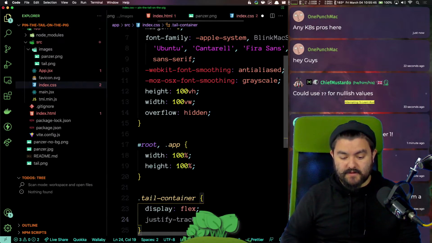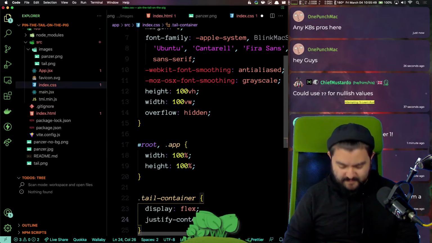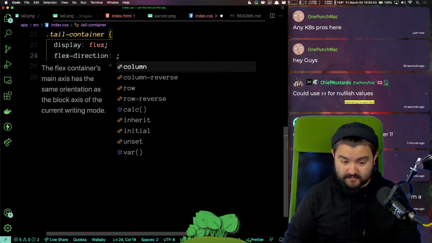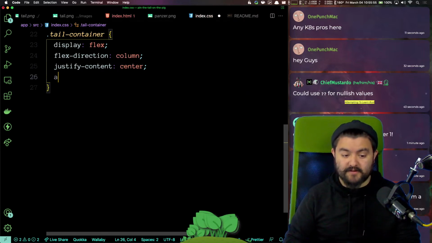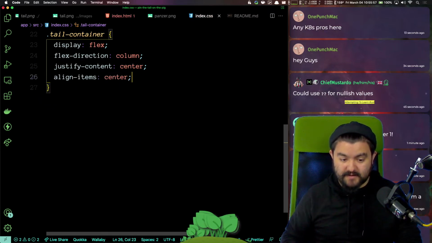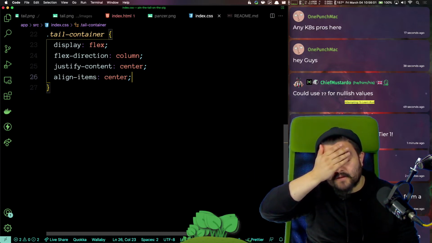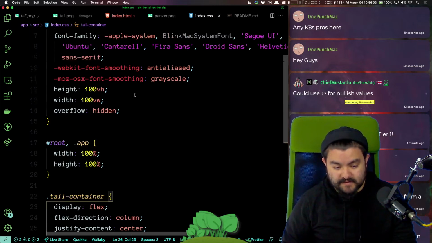It needs to be justify tracks. What is that? Never used that. Flex direction is column. Justify content center. Align items center. That should put the username centered right below the tail itself.